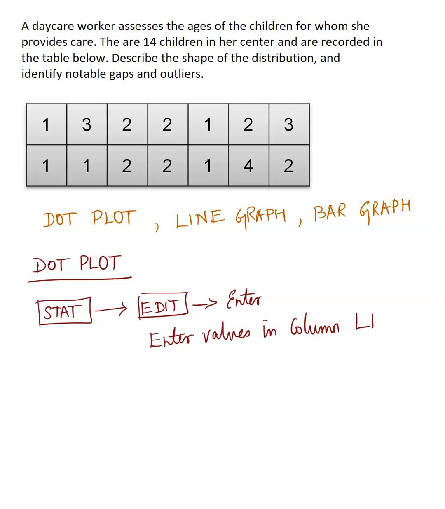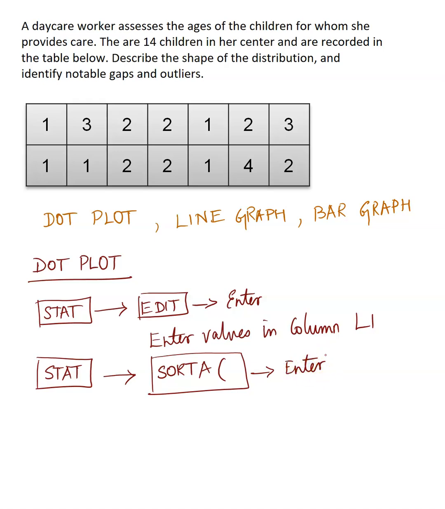Now, because your values are all scattered, not in any particular order, it helps us to sort them. Once you've entered the information, go back to Stat. If you look at the second option, you have the option that says sort A and open parentheses. That is to sort in ascending order. Sort D is descending order. So you're going to sort them in numerical ascending order. And when you hit enter,